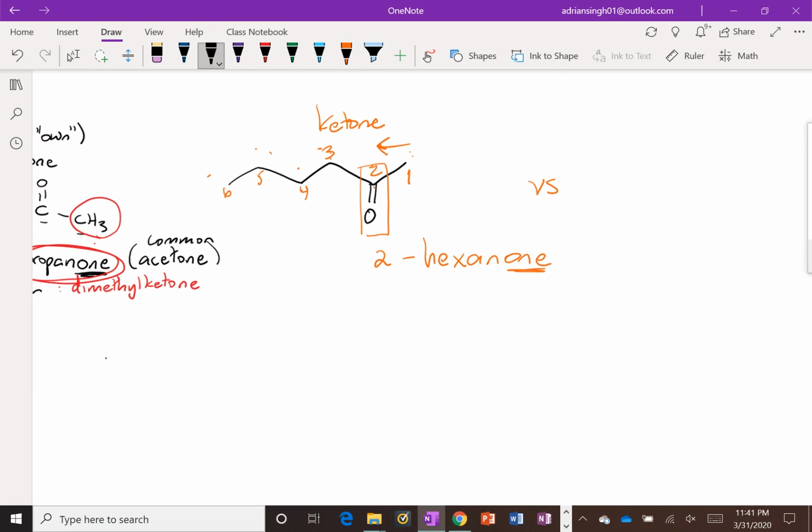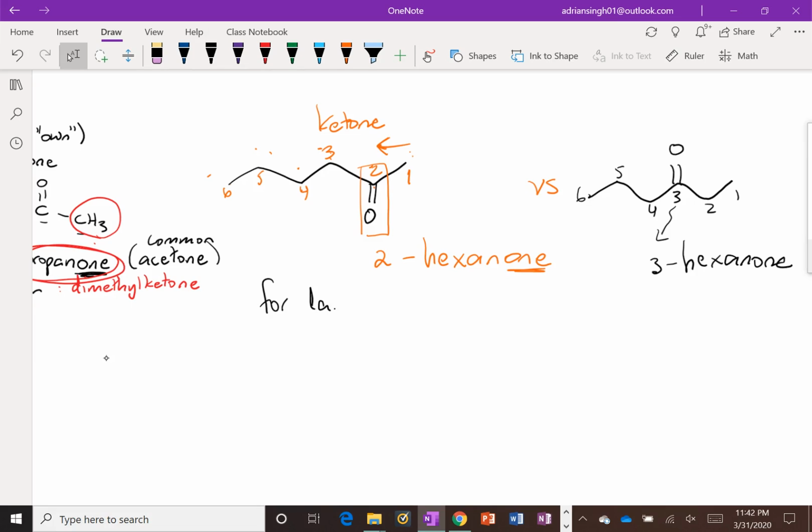Versus if we had something like this, 1, 2, 3, 4, 5, 6, and we had a double bond over here, right? Again, our longest chain would be 6 carbons. This would also be hexanone, right? But now that the carbonyl is on carbon 3, so we would say 3-hexanone. So for larger ketones,